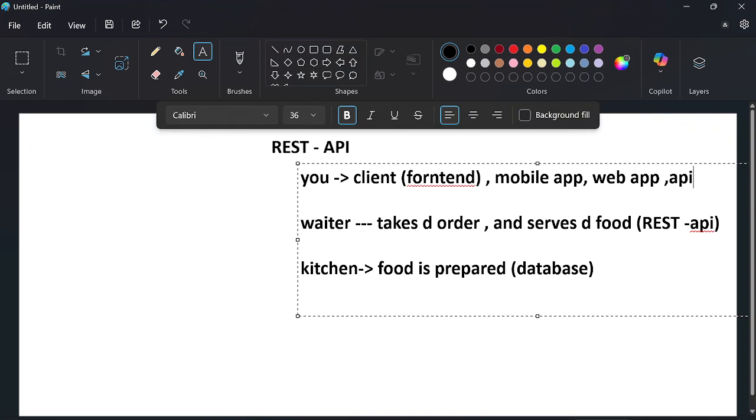So I hope that with this example you have understood that a REST API is an intermediator between your front end and the back end, and REST API is platform neutral. That means it is platform independent. How do we say that REST API is platform independent? That's because REST API does not care about what type of application it is talking to. Okay, the same REST application can serve a mobile app or a web app or an API or any